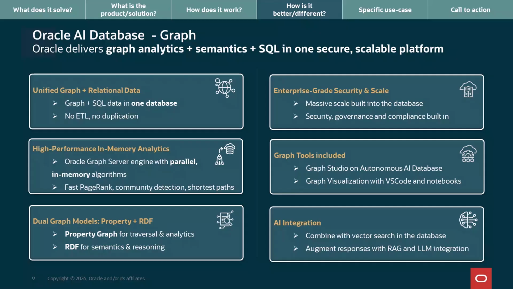relational, JSON, spatial, and other data types, all in one database on one scalable platform. You get high performance, security, auditing, and availability without copying data elsewhere. For advanced analytics, graph algorithms run on a specialized in-memory graph engine designed for recursive traversal and high-speed execution. You also get built-in tools like Graph Studio available whenever you provision an autonomous database. Both property graphs and RDF graphs are supported, and everything integrates with AI, including vector search, RAG, and large language